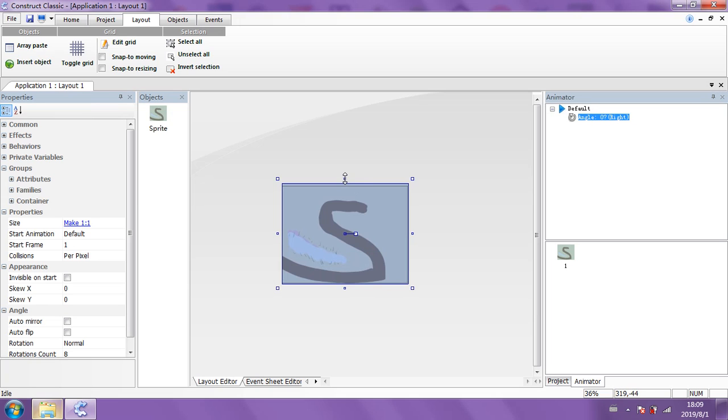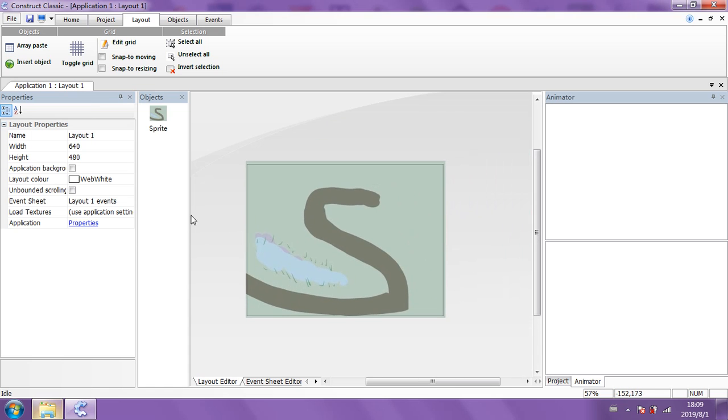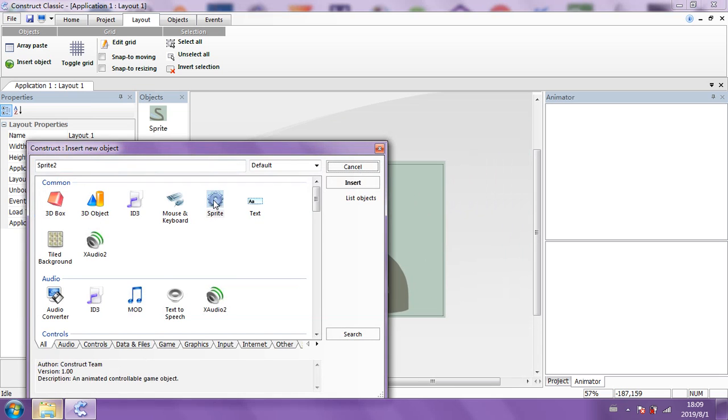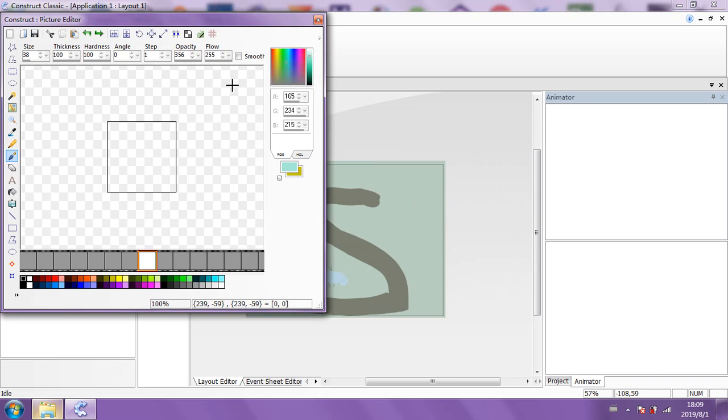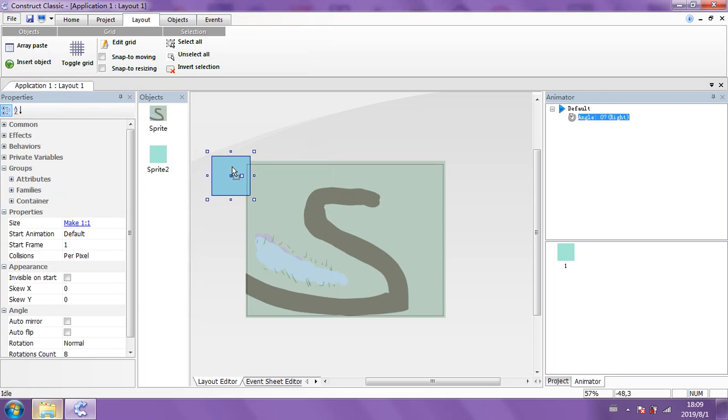Okay, that's done. Boom. Then what you need to do next is right click again, Insert Object, Sprite. Get a color which is more or less the same as your background. That's what I've got there. Click that off, go to Yes. It's not the same, I know, but I'm just having this for now. I'm going to drag that across, hold Control on the keyboard, left click, drag across, unclick, then let go of Control after doing so.